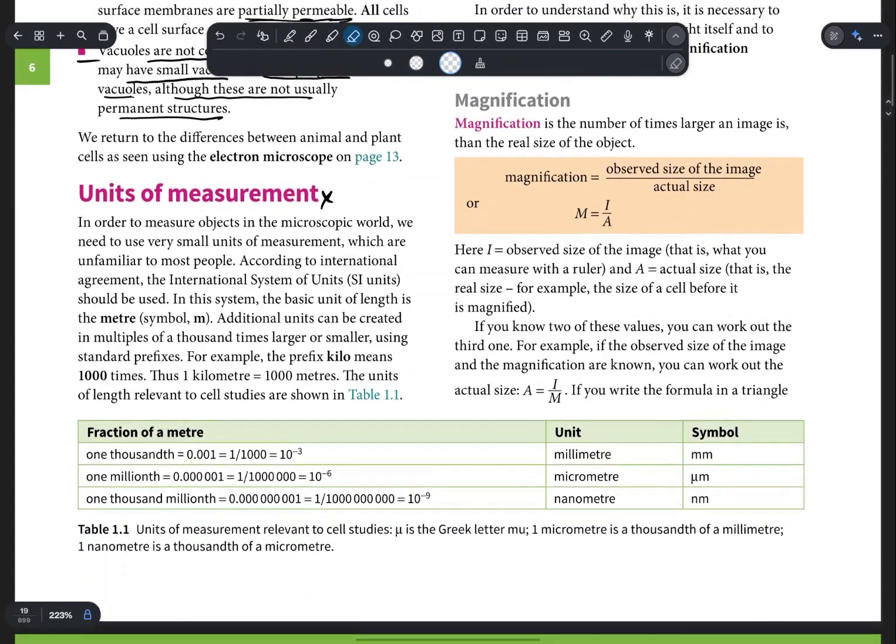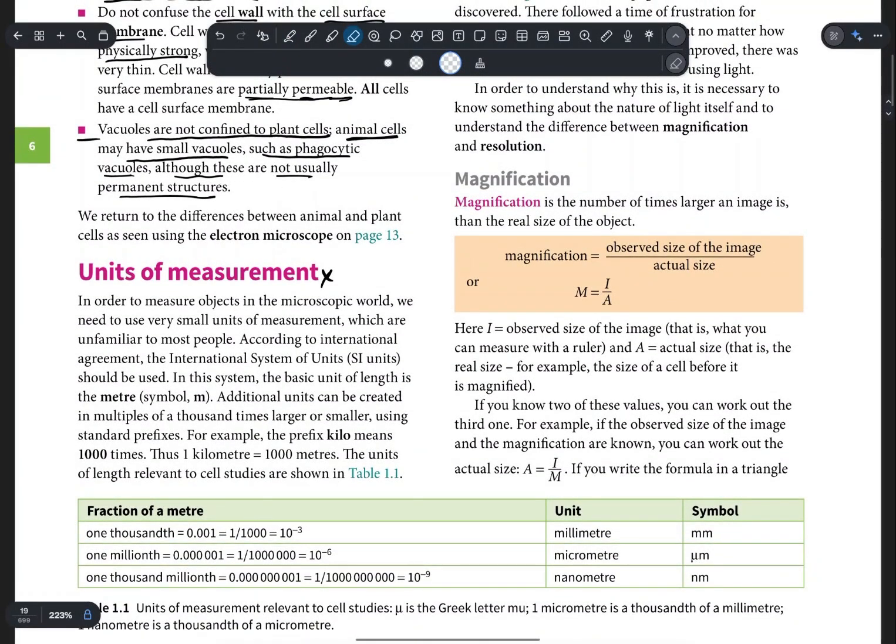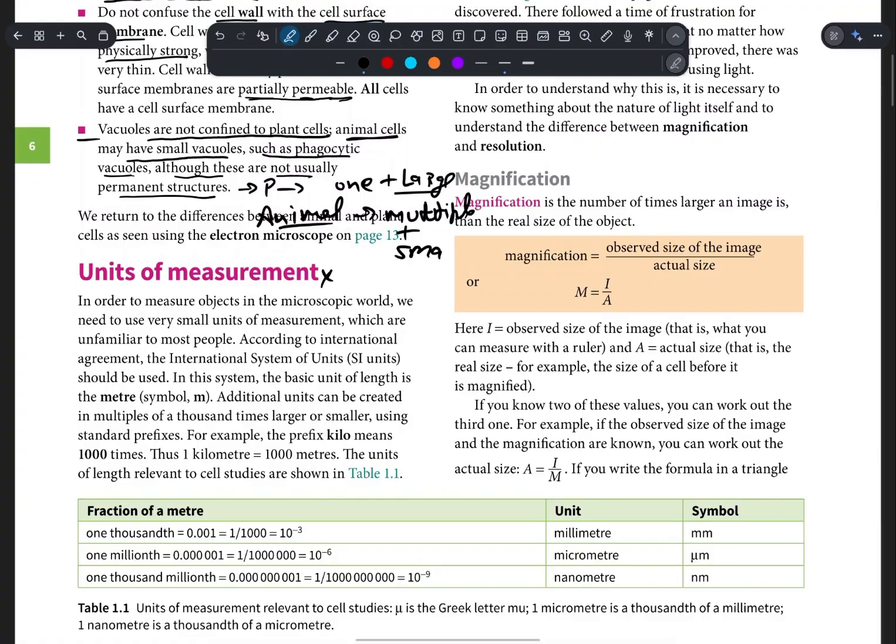They are also present in animal cells. Also, one more thing which I want to add here is that plant cells have only one large vacuole. In case of animal cells, they can have multiple, but small vacuoles. Okay. Now here comes